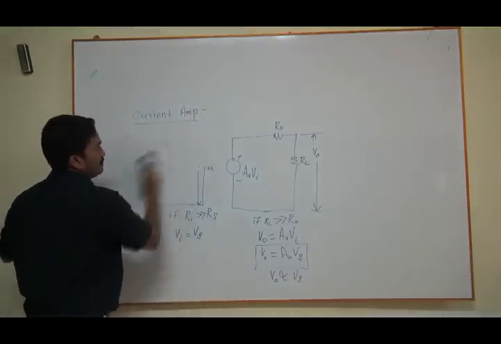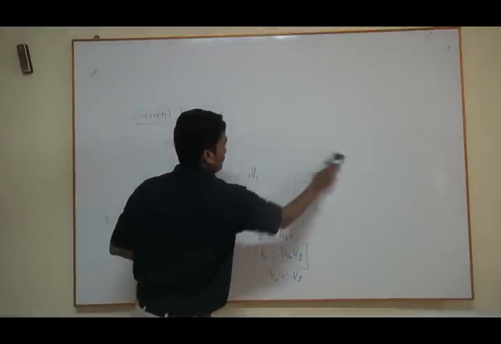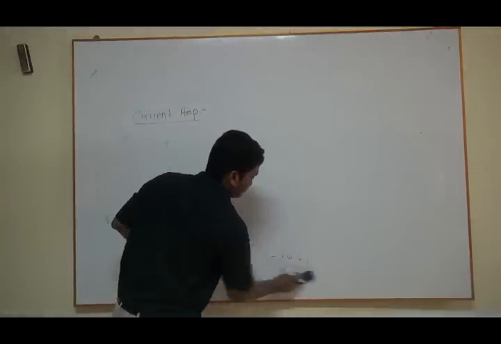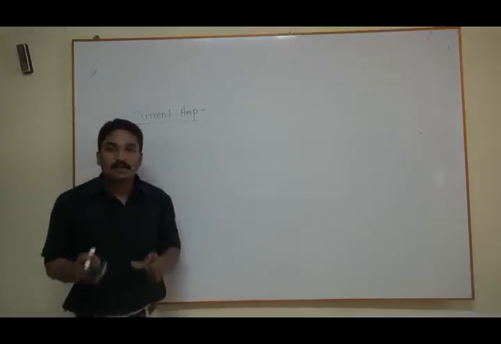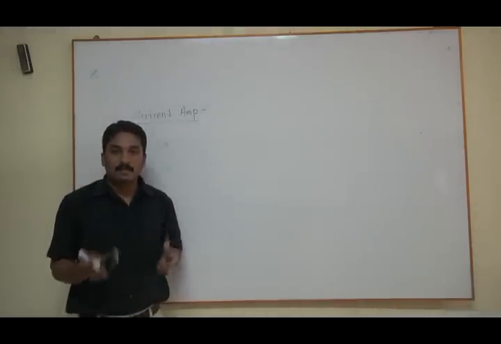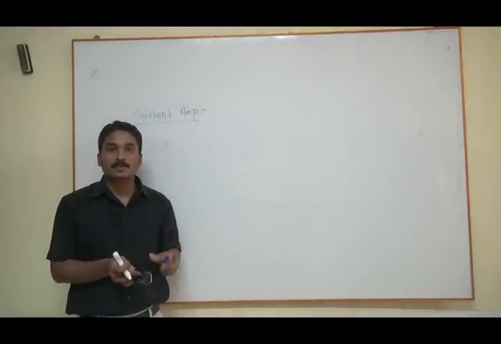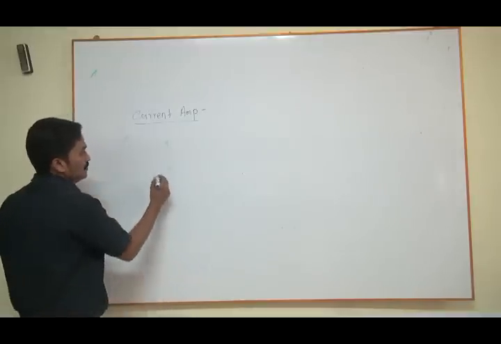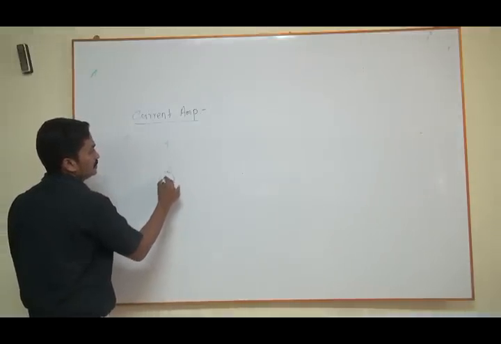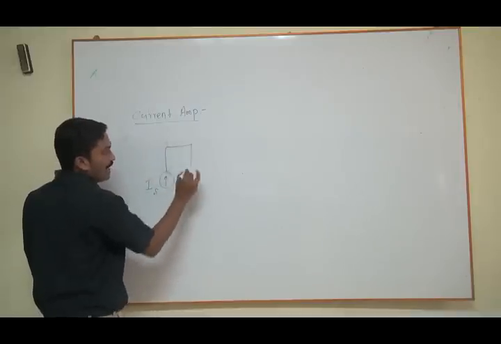So for a current amplifier, we can use the Norton's equivalent model. According to the Norton's equivalent model, we can combine all the circuits into a single current source in parallel with a single resistance. So according to that, we'll take a current circuit. Let us assume a current source Is in parallel with